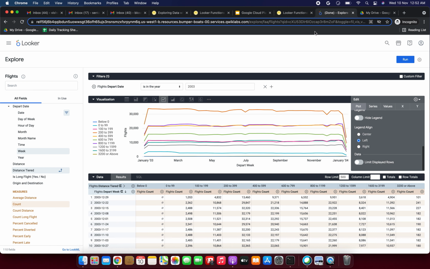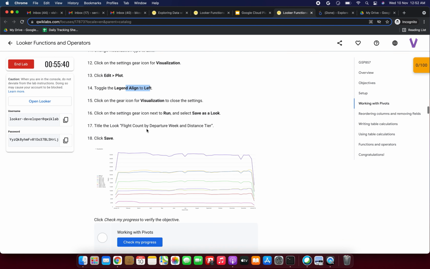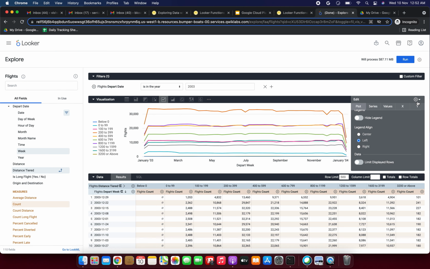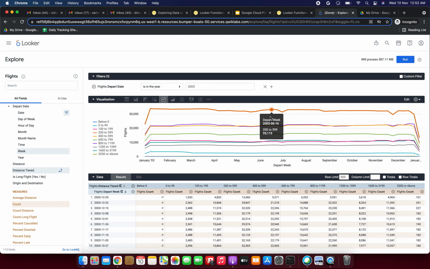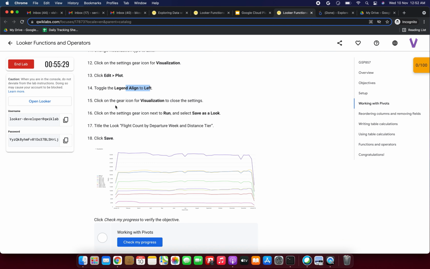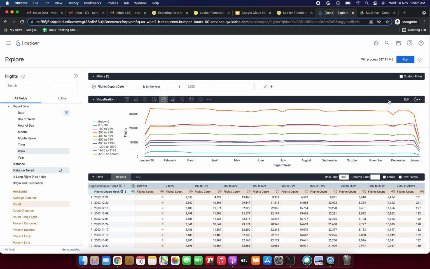I'm clicking left, then click on the gear icon. So 15th step we are doing, click on the gear icon. Okay, just click on the gear icon for visualization to close the settings. Now we have done these things. Yes, so we have done these things, and next step,